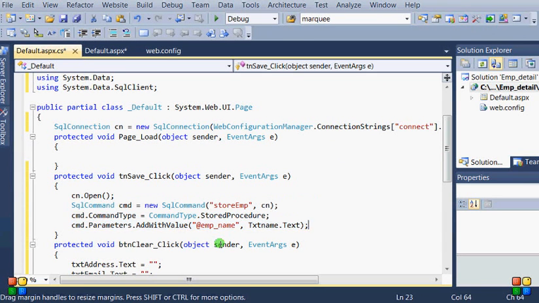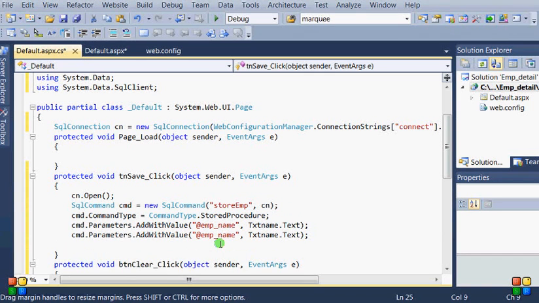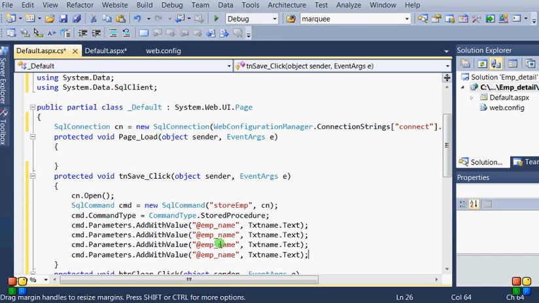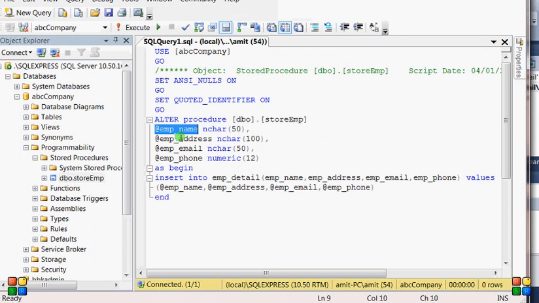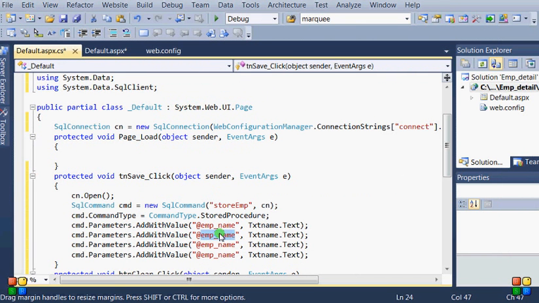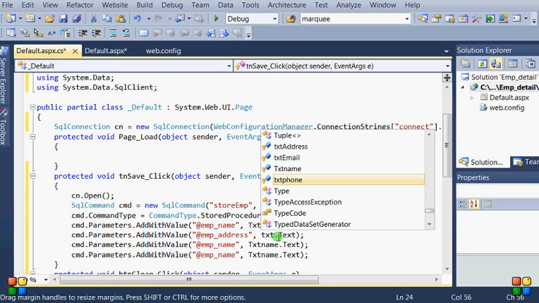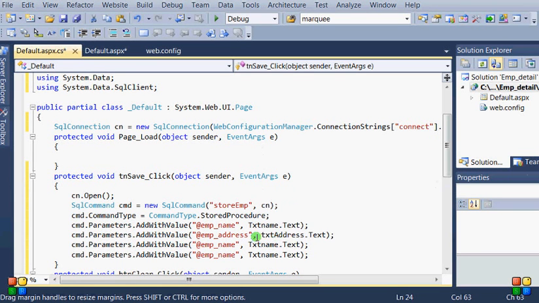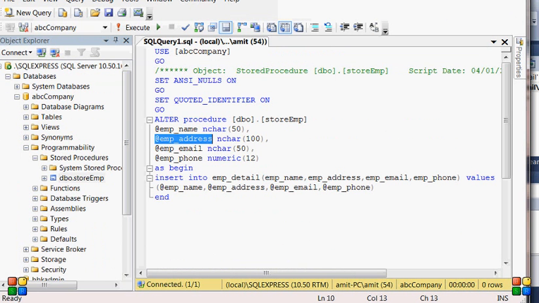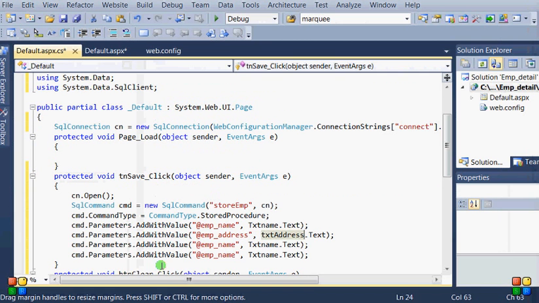Now similarly we can copy and paste for the other three lines, where we just have to change the value. Suppose here is the address, so we have to put the emp address and change the text to address. Now just copy and paste emp name.